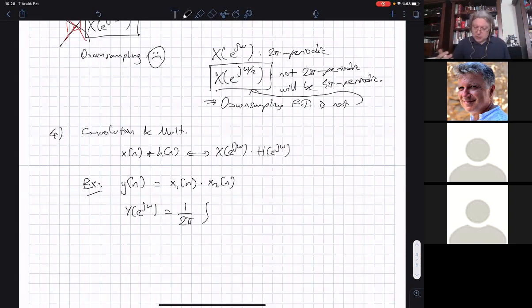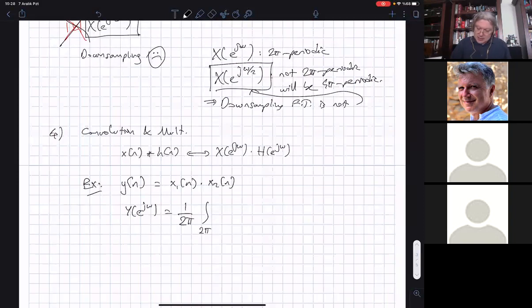You remember convolution. We are folding one of the Fourier transforms. It could be the Fourier transform of x1 or x2, but the amount of shift that I apply is only within a range of 2 pi. I may shift from 0 to 2 pi, or I may shift from minus pi to pi, a 2 pi limited